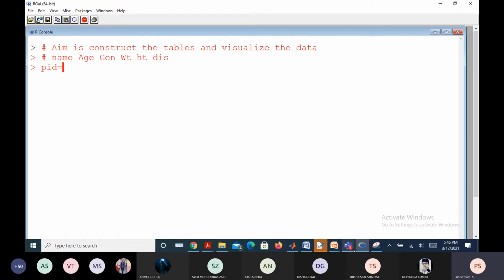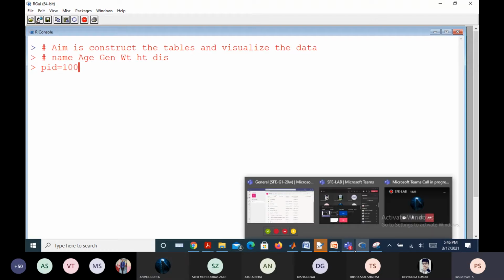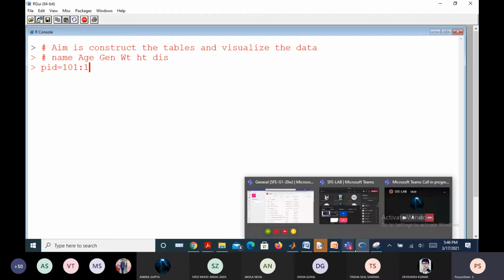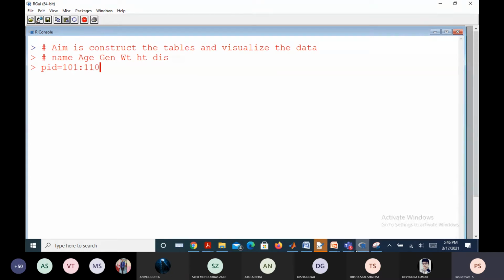Instead, I can assume at most 10 patients visiting, for instance, a small hospital. Of course, you can multiply that number as much as you want. For practice purposes, right now I'm taking patient ID starting from 101 to 110. Is it fine? 10 members I have taken, a 3-digit number for patient ID.